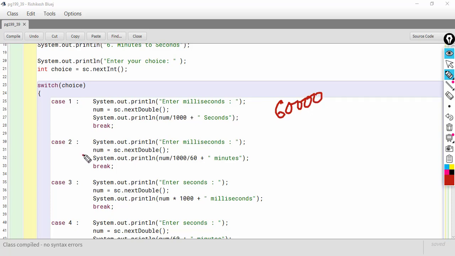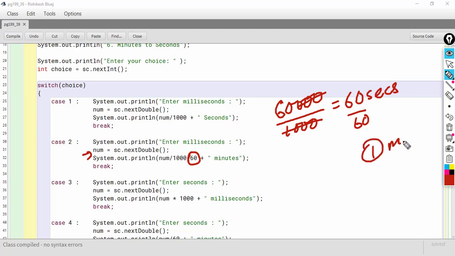So let's say we entered 60,000 here. First I convert into seconds by dividing by 1000, so that will be 60 seconds. This 60 seconds needs to be divided by 60, so that will give me 1 minute.